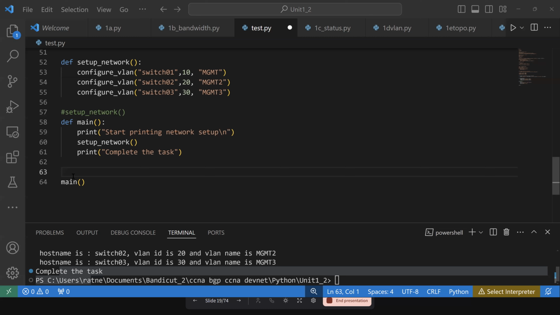So we have to put a condition here, and something that we should use. Generally, it is there, like if name underscore underscore type string equal to, and then you can give its name equal to main,